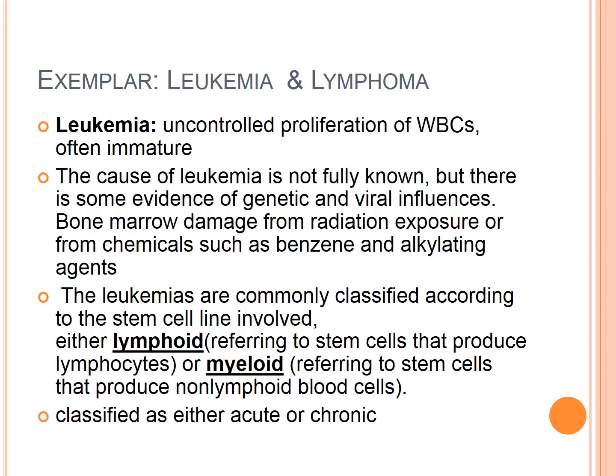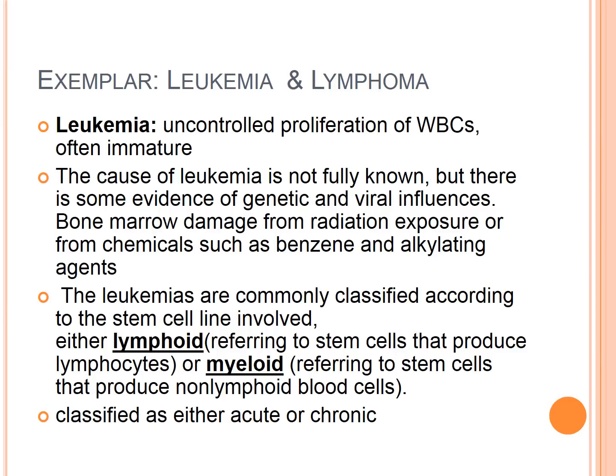Another term that you might hear is something called a blast cell. So sometimes blast cell is talked about with leukemia, and that simply means that it is an immature cell that really does not have enough characteristics yet to determine even what type of cell that is. So that is a really, really immature cell, and it really has no differentiation. Okay, so that's a blast cell.